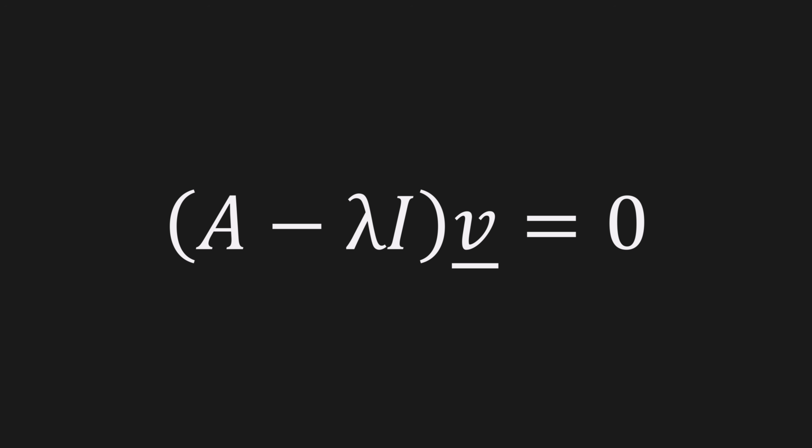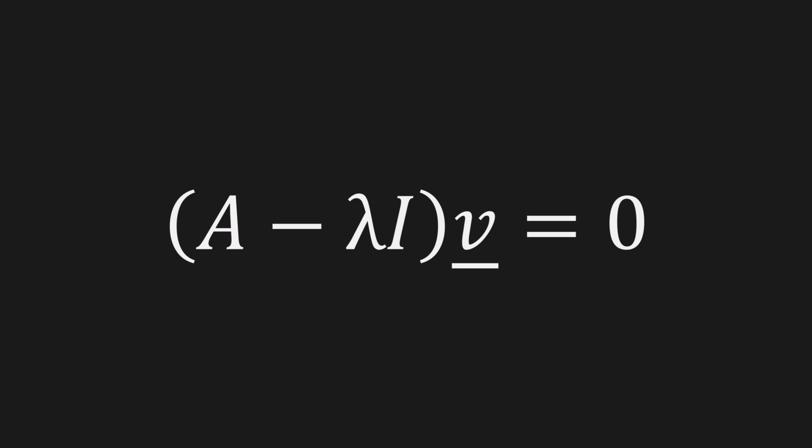This equation (A minus lambda I) times v equals 0 means that, for simple algebra, when you subtract lambda times the original vector from its transformed version, the result is the zero vector. Remember that since v equals 0 makes that equation true for every possible value of lambda, the zero vector is not considered an eigenvector, even though it satisfies the equation. The definition of eigenvectors excludes the zero vector by design because it contains no directional information.